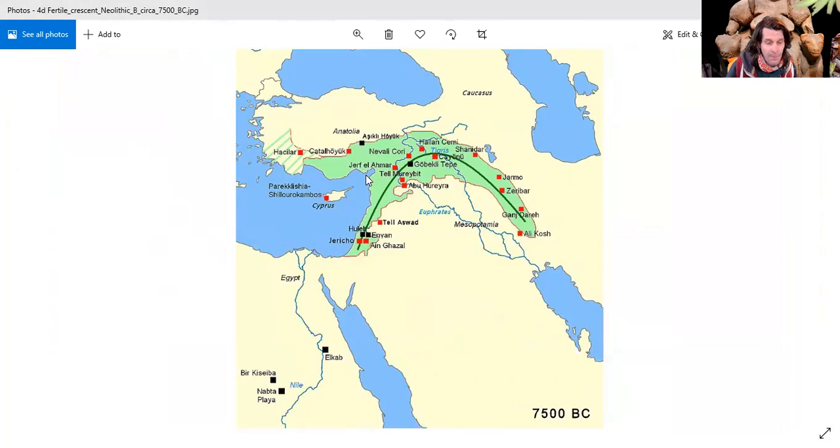9,500 years ago. So Çatalhöyük's developing. It's not in its prime until 9,000 years ago. We're looking at Göbekli Tepe. We're looking at one or two other massive sites down near Jericho, and another site I can't pronounce up there. But these sites are pre 9,500 years ago. So evolving